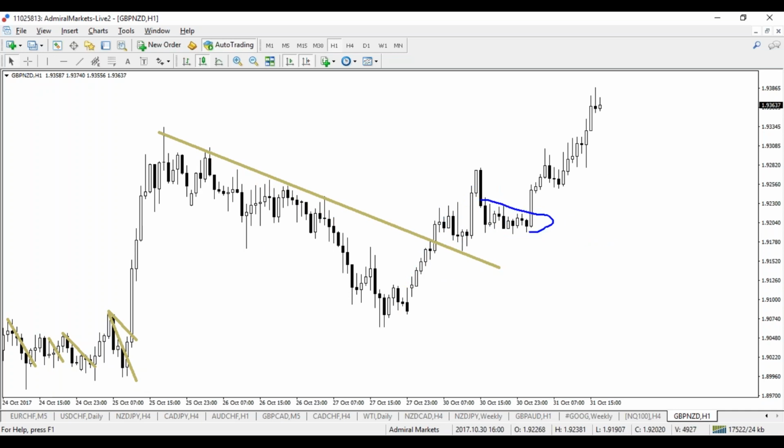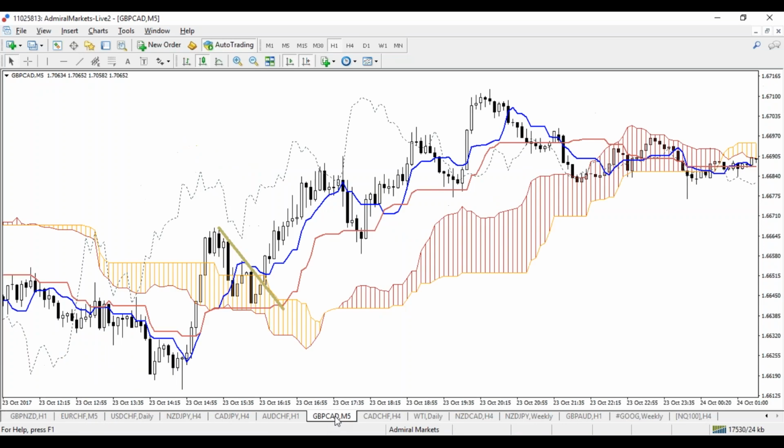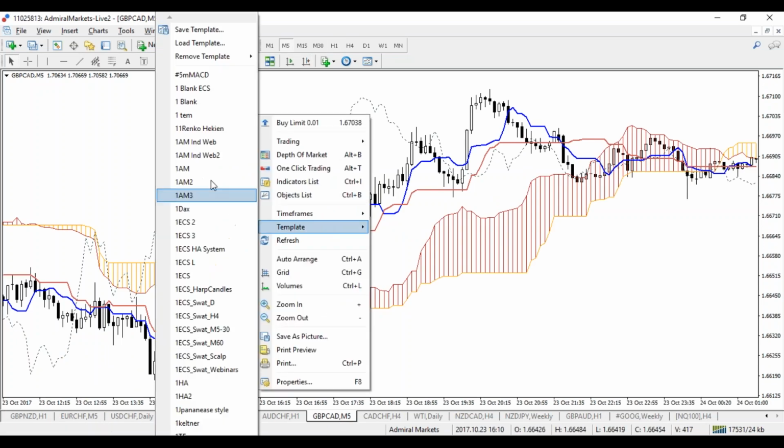It made a little bit of a triangle like this and broke that triangle to the upside. So that's what I was looking for. Break, pullback, continue on the pound New Zealand. Let me put the pound New Zealand back to its original spot. And also the pound CAD